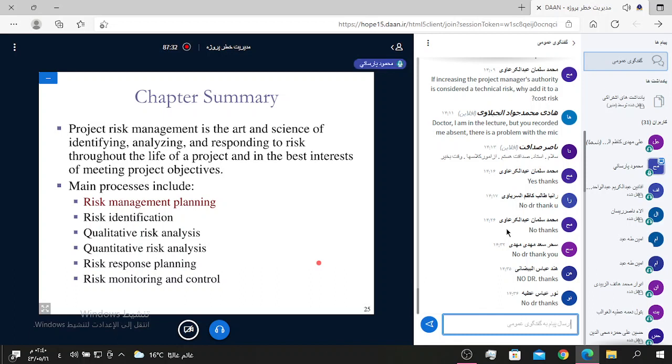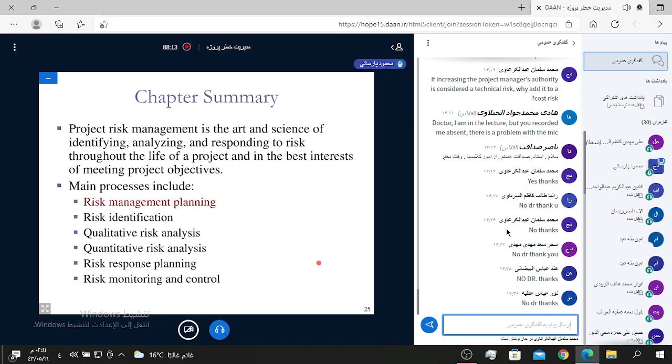For example, painting is an art, but technical drawing, two-dimensional or three-dimensional or perspective drawings, is an engineering art. So project risk management is the art or engineering art and science of identifying, after that analyzing, and responding